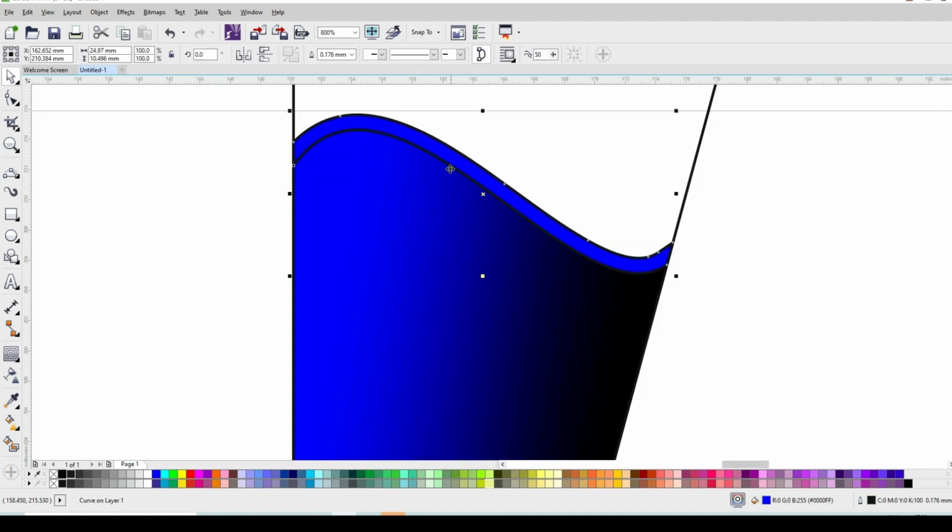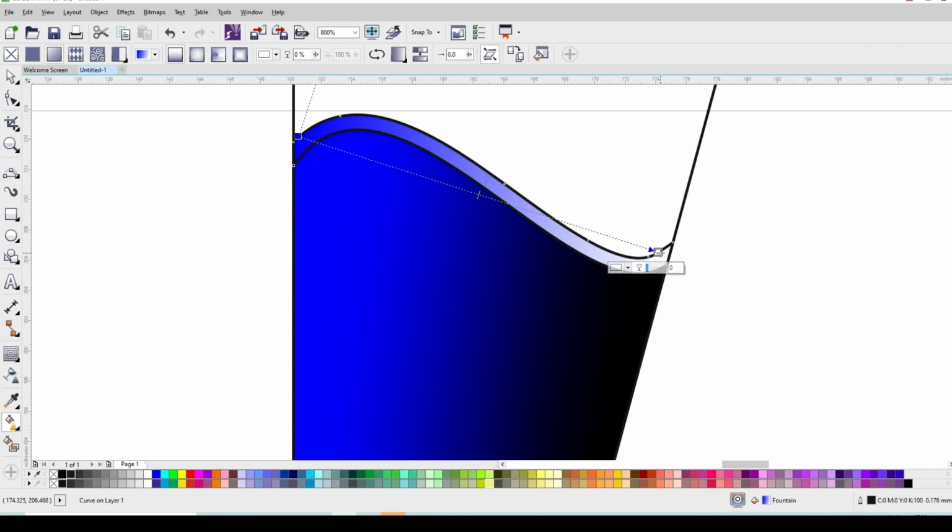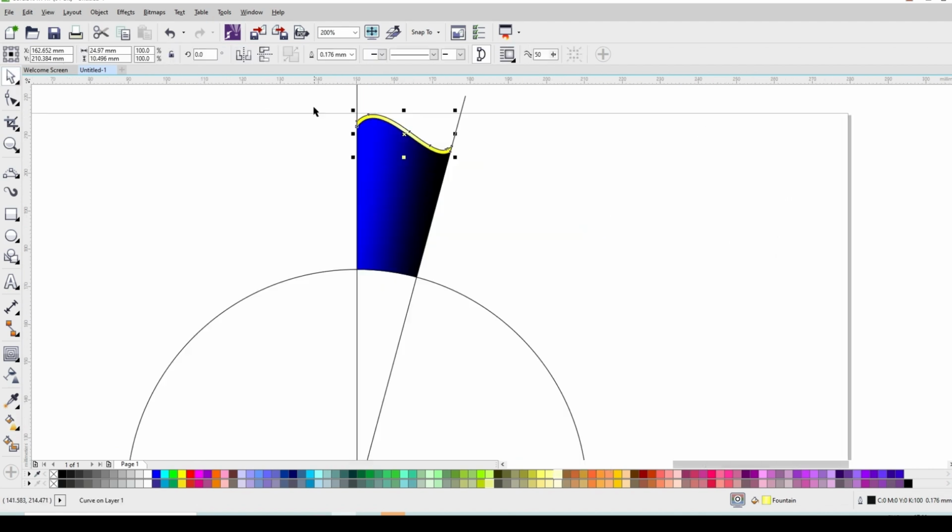Select this object and click on interactive fill tool, drag it like this. I'll give yellow color here, and double click here to create one more point and give pale yellow color here. Now I'll select all this, group it, remove outline,